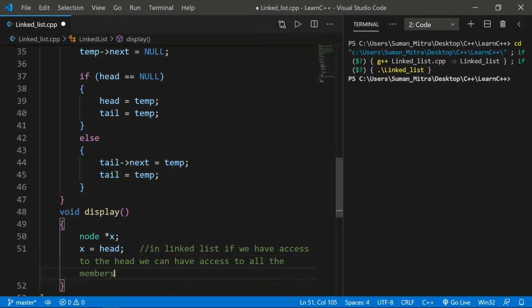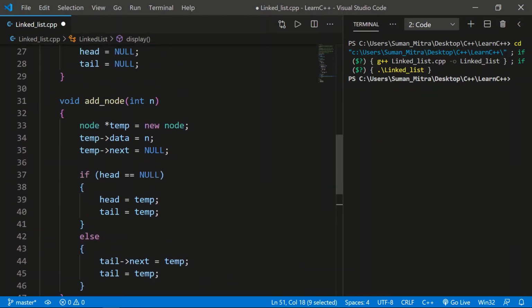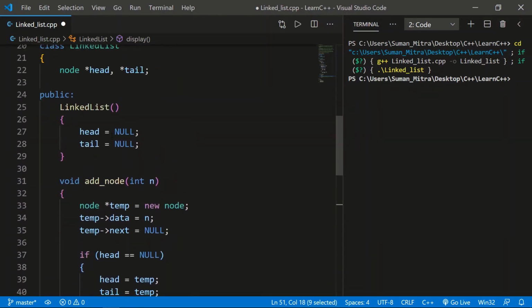Like in an array, suppose an array goes from I equals 0 to I equals 10. In a linked list, if you can access I equals 0, you can access every member from I equals 0 to I equals 10. That's why we are creating a node X and giving it access to head. You can see here we have a node called head.